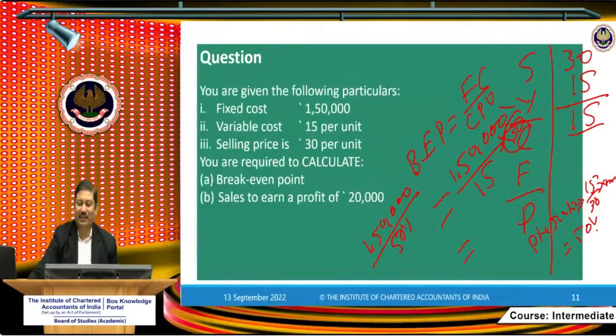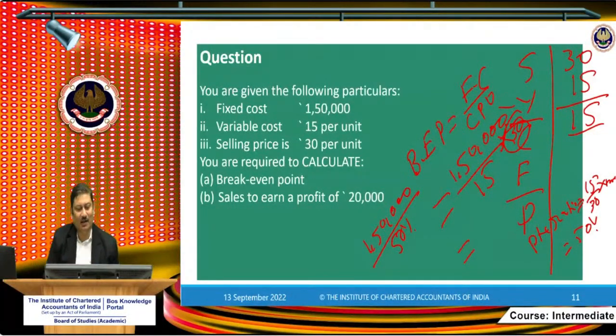Yeah, so break even point in amount also you can calculate, though here it is said break even point. So you can calculate both in unit as well as in rupees. Please, in the examination, try to see what the requirement of that question is. Are they asking only unit, or both, or only amount? Accordingly you calculate, because it will take an extra 1 or 2 minutes if only one is required and you have calculated both.